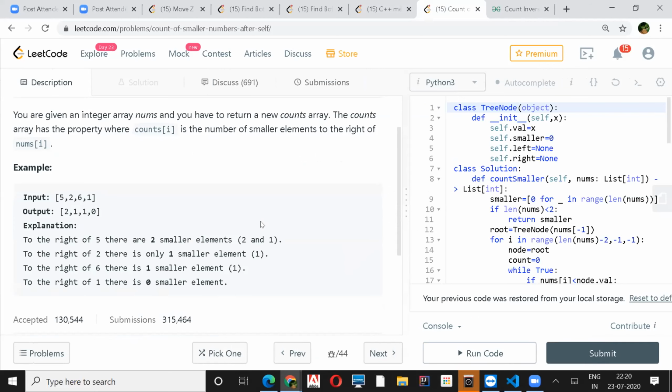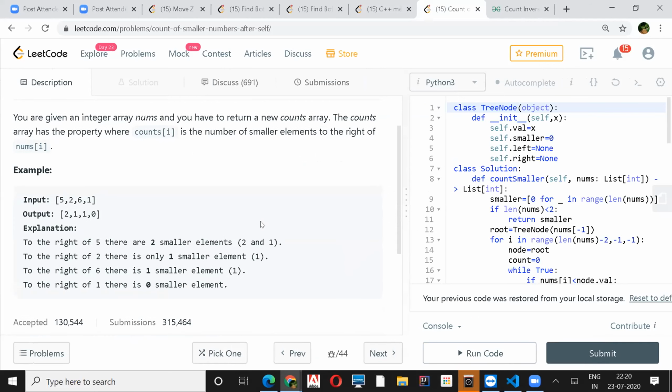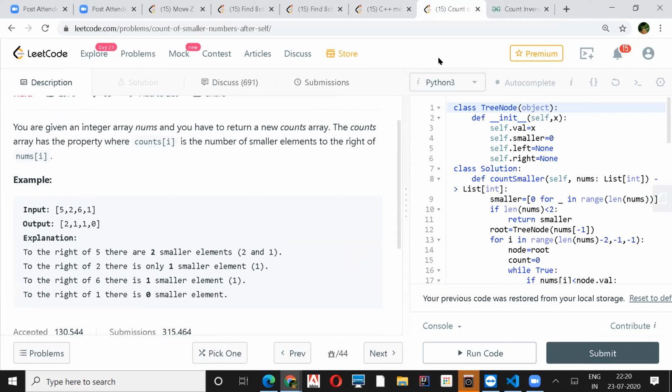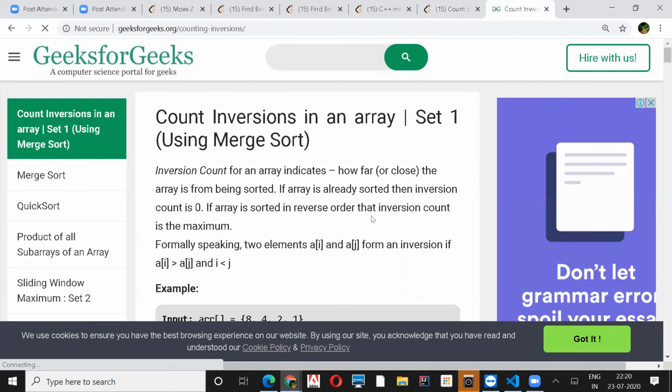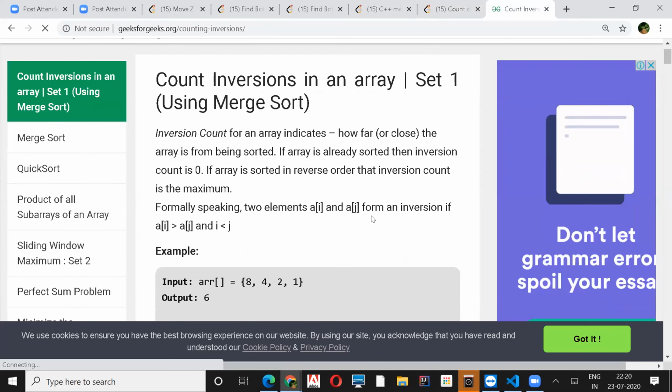This is a different one, right? It is the same, but the way of expressing it is different. I was talking about this inversion count for an array's indices. In that LeetCode problem, we have to find the inversion count for each and every element.